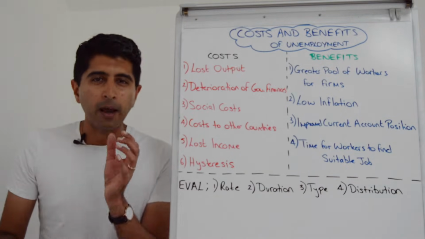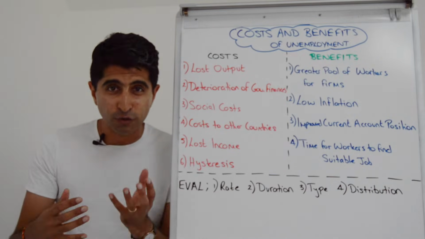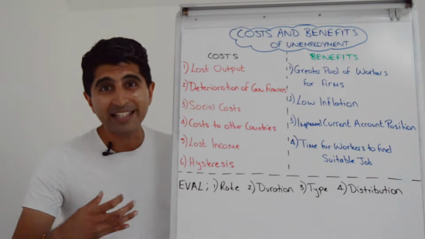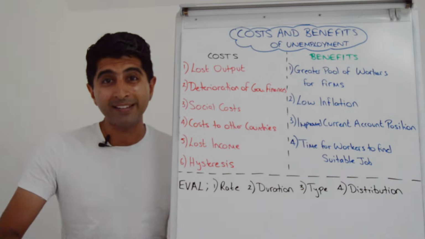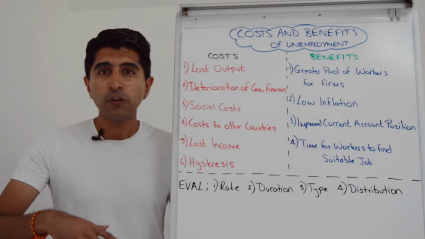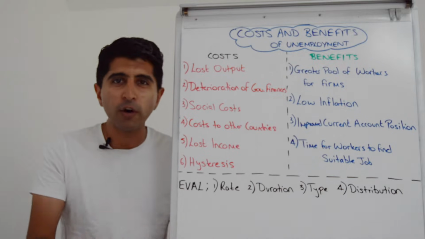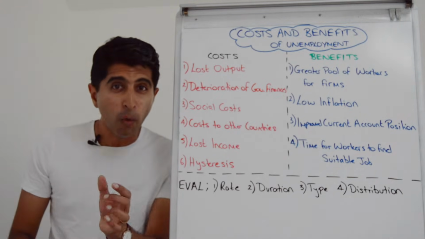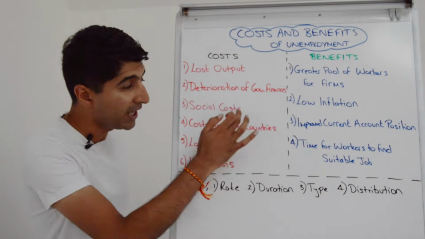At the same time, government finances take a big hit. On the tax revenue side, income tax revenues naturally will come down, but also VAT revenues come down because there's less spending on goods and services taking place. That also hits firms' profits, so there'll be less corporation tax revenue as well. On the government spending side, we'll see more government spending on benefits, but also more government spending on areas to deal with the costs of high unemployment, especially the social costs.